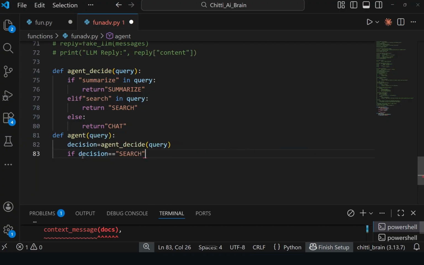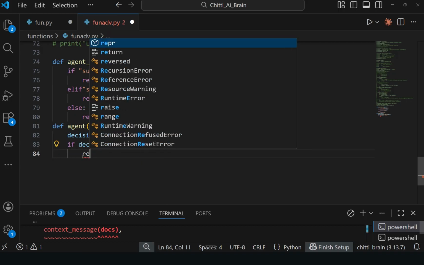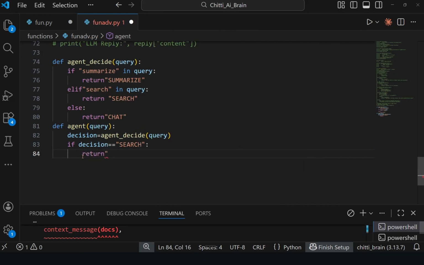For that we have to write code. Return "summarizing content". First write the summarizing documents.